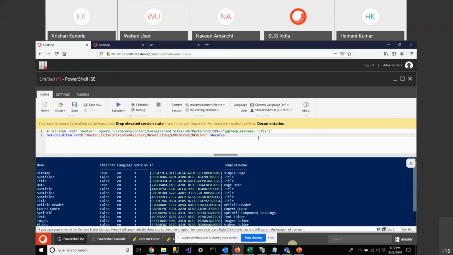Along with this parameter, I can provide the language parameter. If I want all languages, then I can provide this one, and versions. I can get any type of version, and I can format my result table using Format-Table.